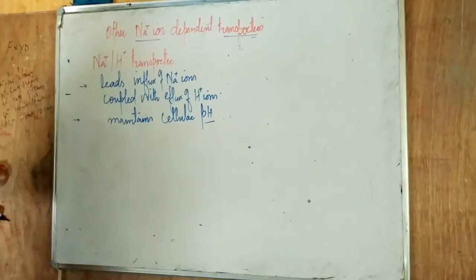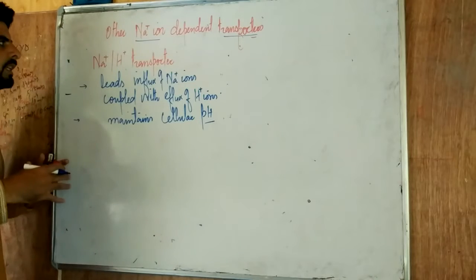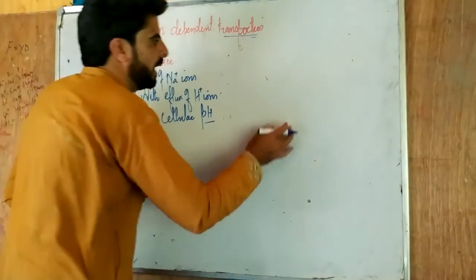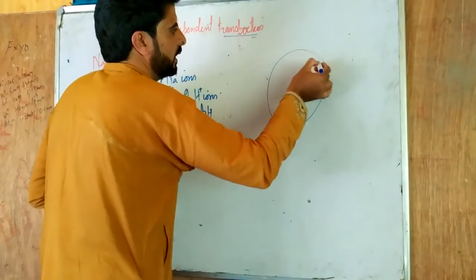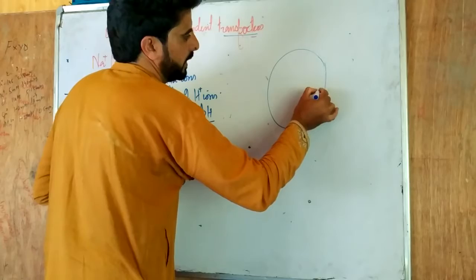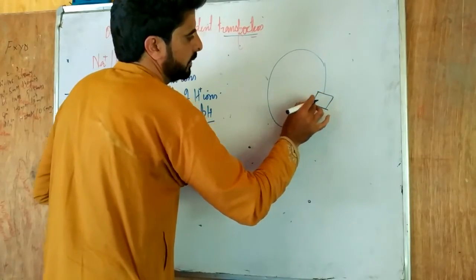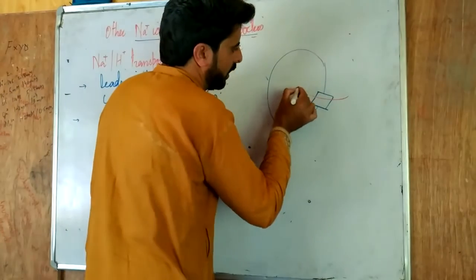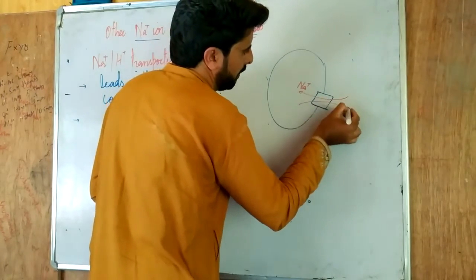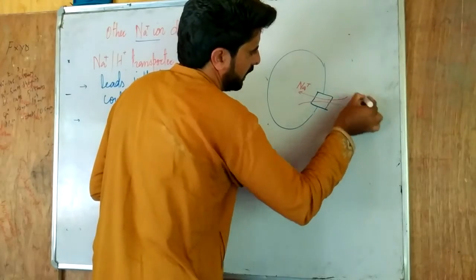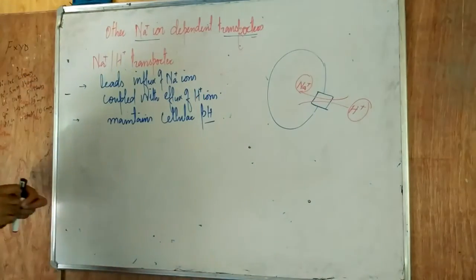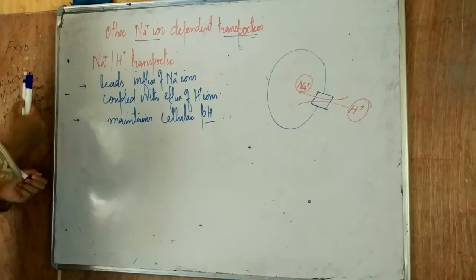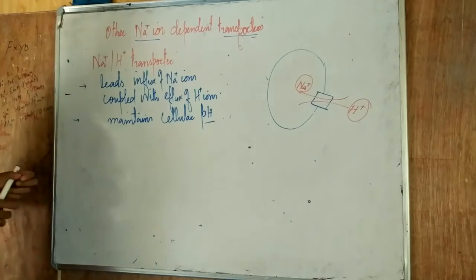That is, the hydrogen ion concentration is maintained by the sodium hydrogen transporter. So if I am making a simple diagram here, this is a cell, and this is the presence of a sodium proton exchanger on it, or we can say transporter. Now it leads to influx of sodium ions, which is coupled with efflux of hydrogen ions. If you have such a type of transporter, we can call that a sodium hydrogen transporter. So it is sodium dependent, that is why we call it a sodium dependent transporter.